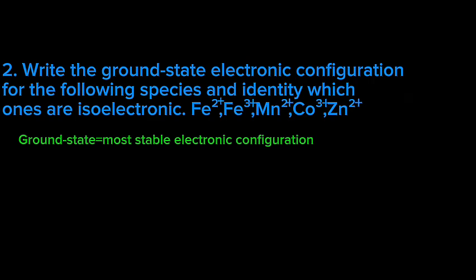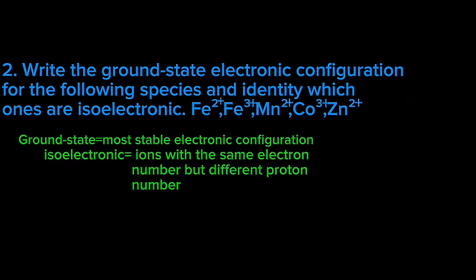So, which one is stable? Which one actually requires less energy to reach? And then they said identify which ones are isoelectronic. When 2 ions, I repeat, 2 ions are isoelectronic, they have the same number of electrons but different numbers of neutrons. Elements cannot be isoelectronic because in that case electron number would equal proton number, which of course no 2